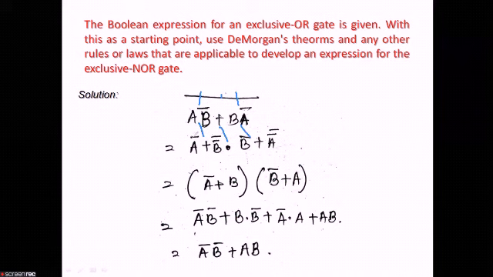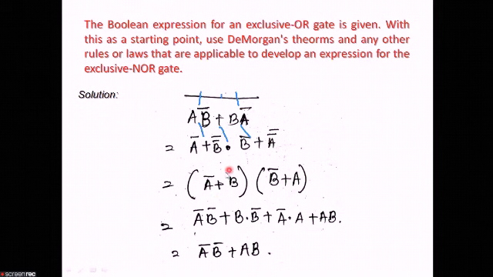So this one will be A bar. This was A. So breaking the line means this bar will be coming here. So it is A bar plus of this dot will be changed to plus of B double bar, as B is bar here. Again one bar will be coming. B double bar. This plus will be changed to dot. So dot B bar. Then this dot will be changed to plus of A double bar. A double bar means A. B double bar means B. So this one will be A bar plus of B. We have given brackets into B bar plus of A.